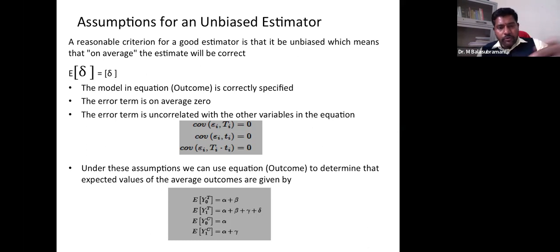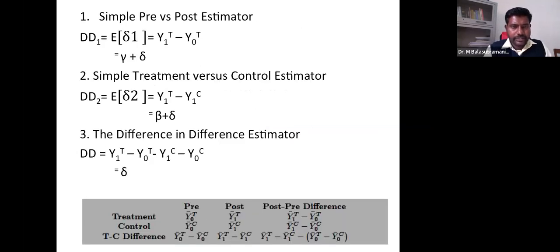Before going to the final one, I am now comparing with simply two parameters, that is, the participant before and after, the pre and post estimator. That is our next estimator I am going to find here. Here I am taking the estimator DD1 because there is only one unit. Before and after, how the participant group or treated group's average difference changes, that I am going to deal